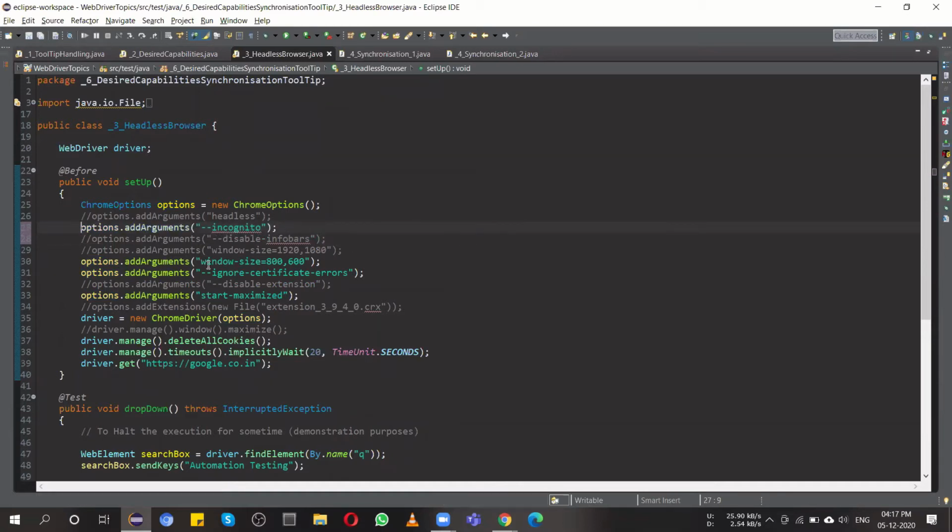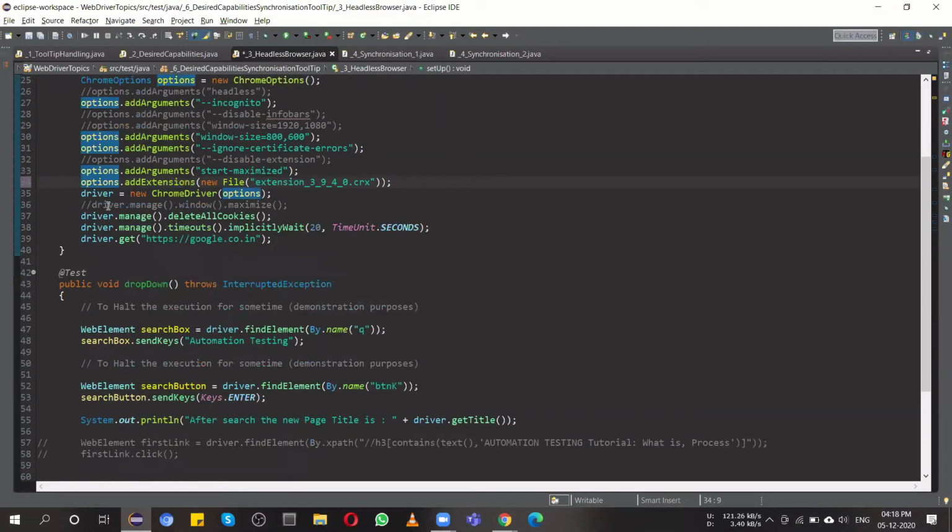Now, the options we had over here: one is incognito, so our browser should open in incognito mode, then window size should be 800 horizontally and 600 vertically, then ignore all certificate errors, so for google.co.in it should not give any error, but we had added it. Then start maximized, and just to show you, an option to add an extension.